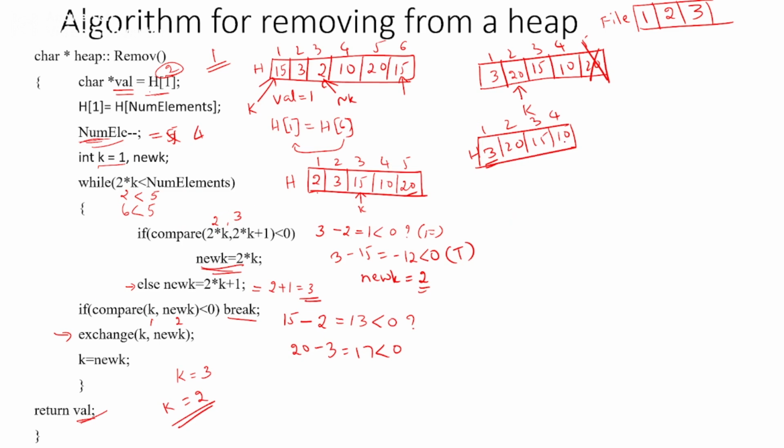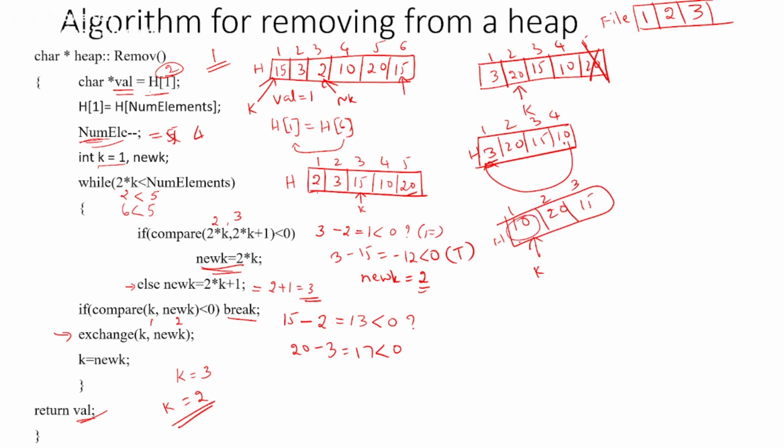So the fourth element will be copied over to this, so your array will become now 10, 20, 15. Only 3 elements, so one element will be reduced, so 1 to 3, this is your array. Now you need to compare it with its children. This will be your k, and you compare it with the children. So what will happen? Comparison. This is the smallest element itself.